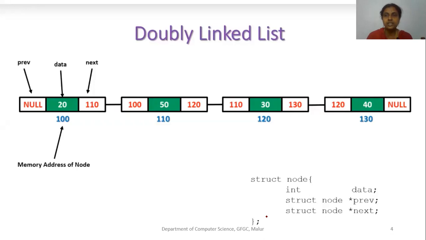See the memory representation of double linked list here. In the front of this you will have your head node, like other structures. The head node will have the first node address. So what is the first node address? 100 will be our first node. Okay, so a link has been established between your head and the first node.